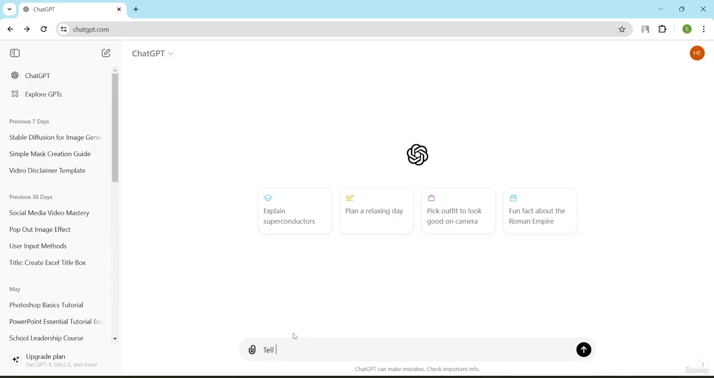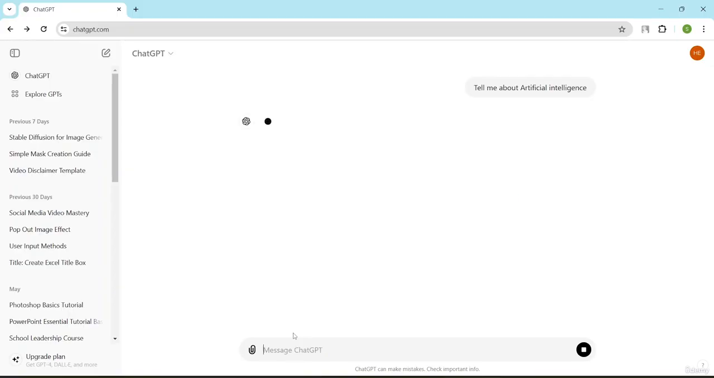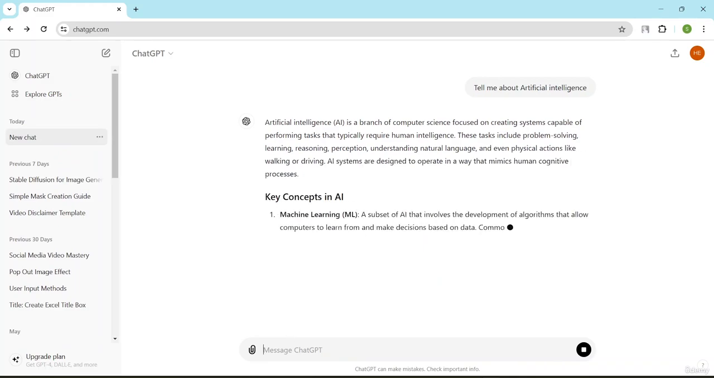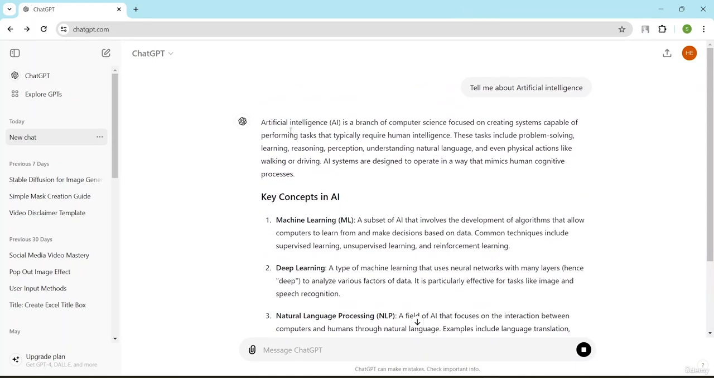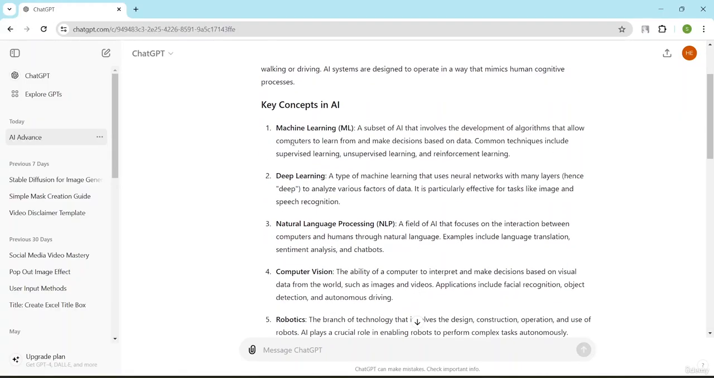tell me about artificial intelligence. Okay, so if I just ask ChatGPT about artificial intelligence, and as I've given the prompt already, if I just click on enter, you will be able to see that here it gives me a description about artificial intelligence. There it has provided me with the definition of artificial intelligence and what the key